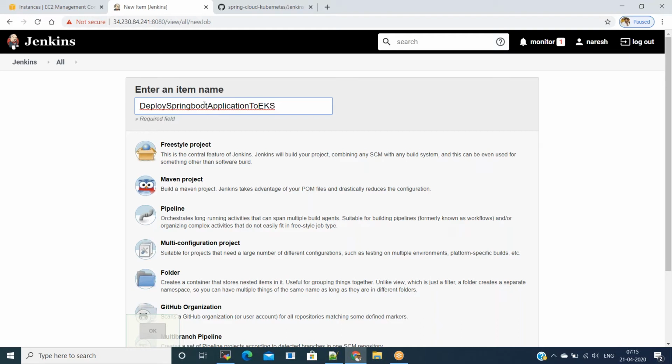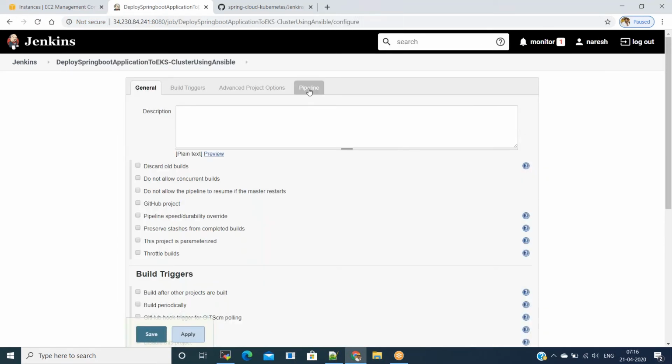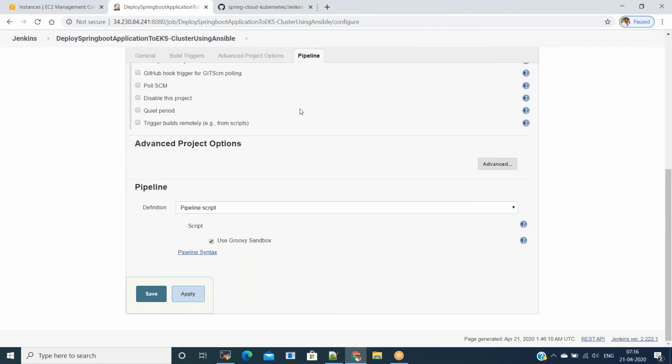You can give a small name also, it's up to you. I am just keeping this. Select pipeline and click on OK. And select the pipeline tab.